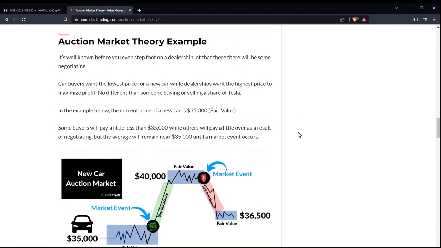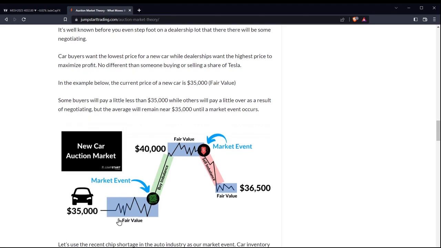All right. So we have this example with the car market, right? So we have fair value, some type of market event that is driving the price up of this car. Let's say if this car was bought in the past, there might be an imbalance of demand versus supply, which will drive the market higher, right? If we run out of willing buyers at a certain price, there's going to be more sellers that come into a market, okay? And if they have too much of a specific asset at one price and not enough willing buyers, the market has to reprice to fair value.